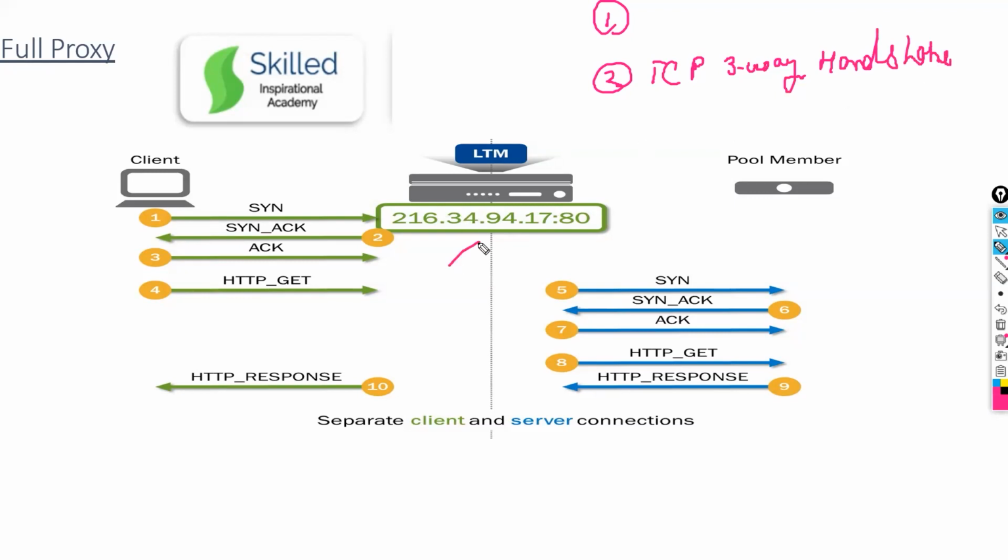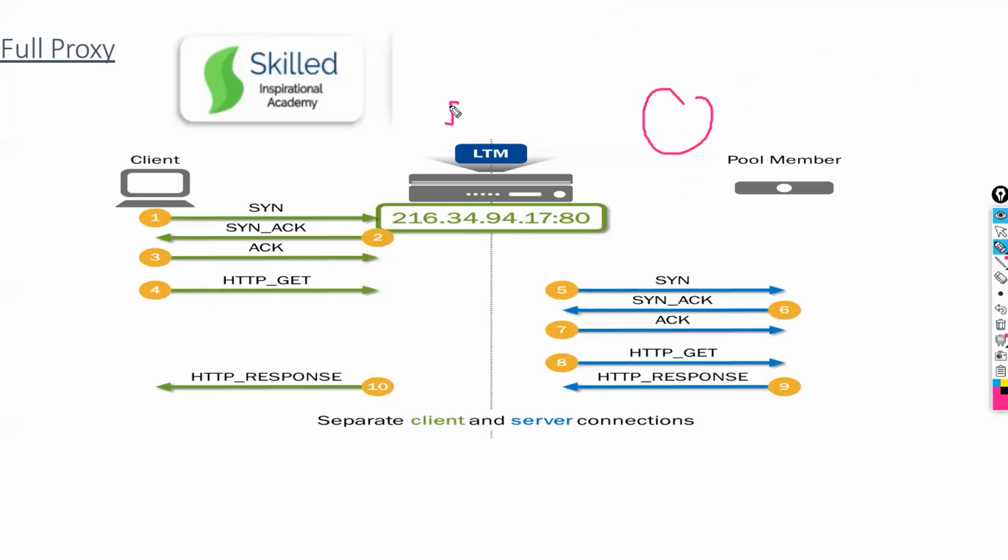And second thing is maybe the VIP is not created. The virtual IP on F5 might not be created. That is another issue. Third issue, anyone can tell? Maybe your servers are down. Port is not listening. Correct.